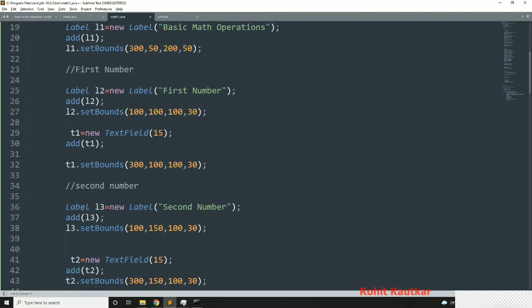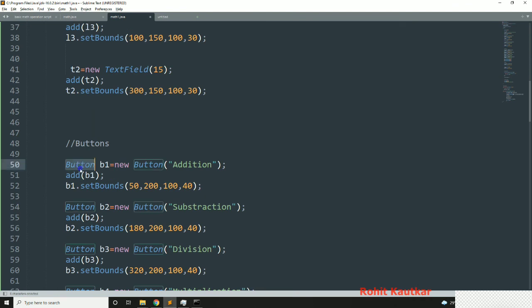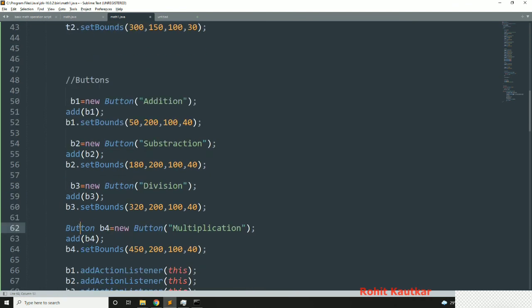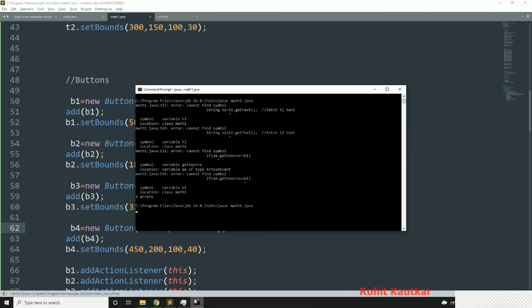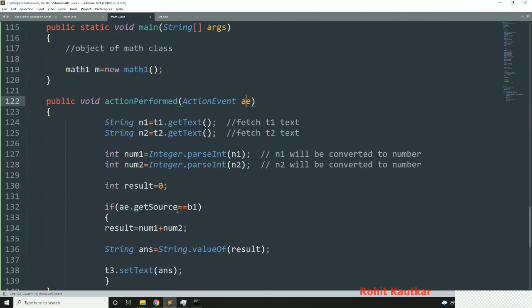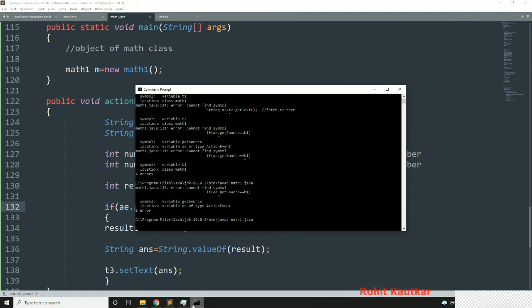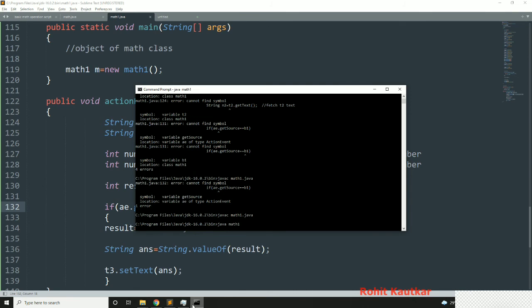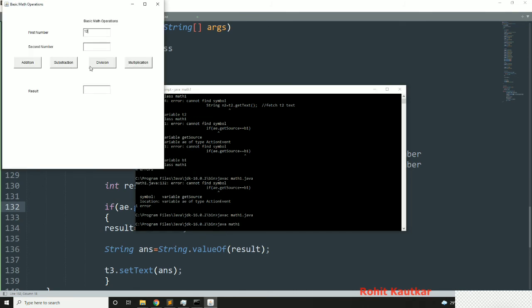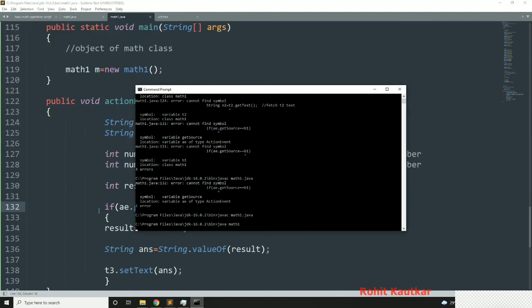Okay, and from this I will remove this declaration like this. Now again I will compile. Okay, we got 24 result.